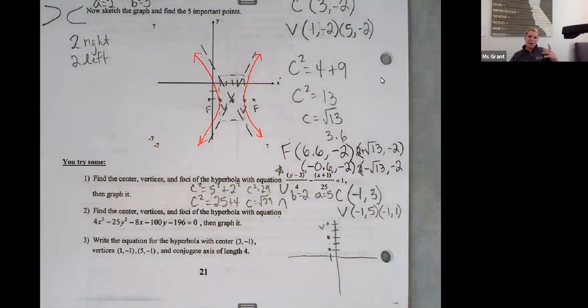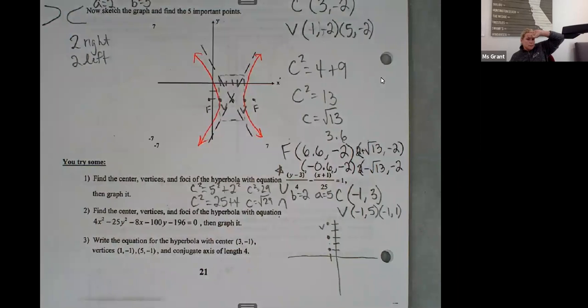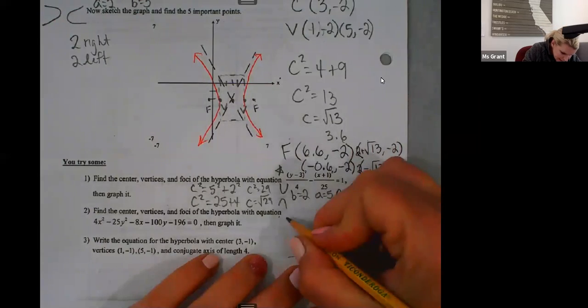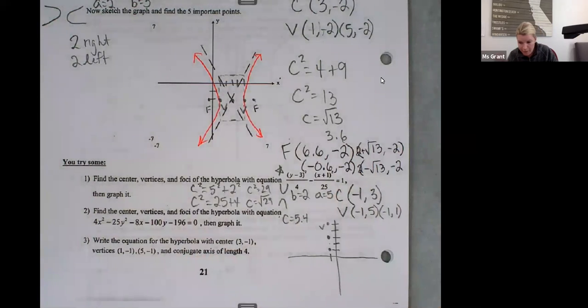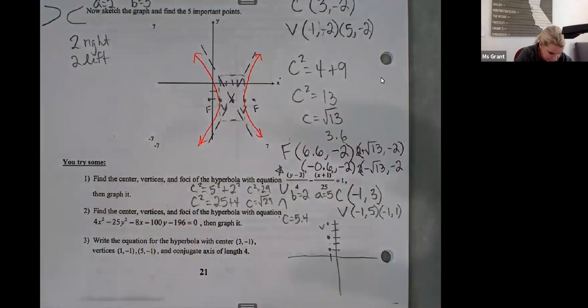That means I'm going to go 5.4 above my center and 5.4 below my center. Because C is 5.4. So if I go 5.4 up and 5.4 down from my center, I'm off the graph,